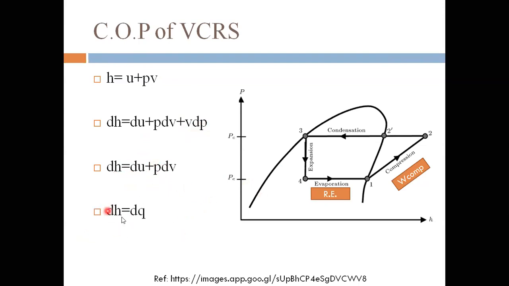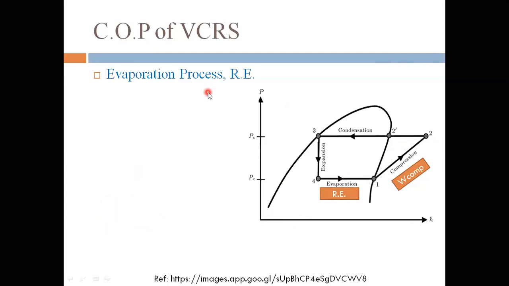From this we can understand that we can write the enthalpy difference when there is a change in the heat. Here heat is absorbed, and here heat is rejected in the case of the condensation. So if there is a change in the enthalpy in this process as well as in this process, we can directly write it in the form of enthalpy whenever heat transfer is involved, that is, heat absorbed and heat rejected. So we can write dH is equal to dQ.